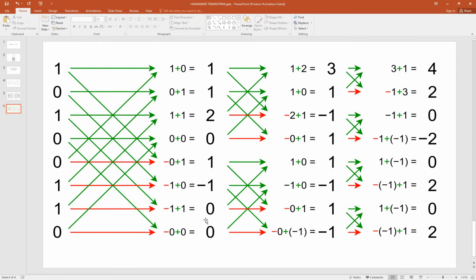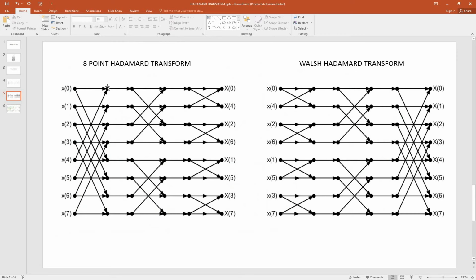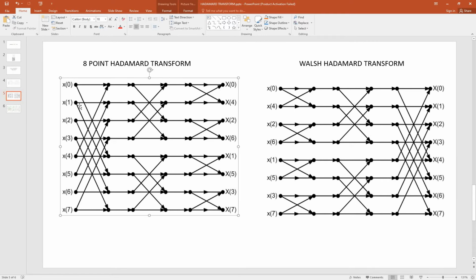If you look at this picture, the first butterfly will start at the first clock, the second butterfly will start at the second clock, and the third butterfly will start at the third clock. But in the second stage, the first butterfly needs the output of the first stage first butterfly and first stage third butterfly. So after 4 clock cycles, it can start the second stage butterfly. Similarly, in the second stage, after 2 butterflies are completed, we can start the third stage first butterfly, which is the 6th clock cycle.